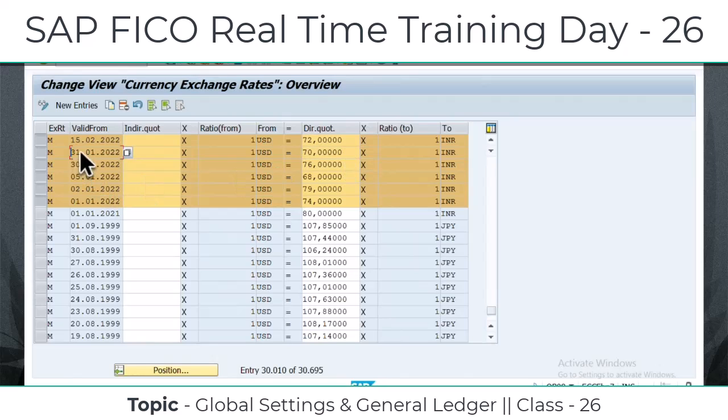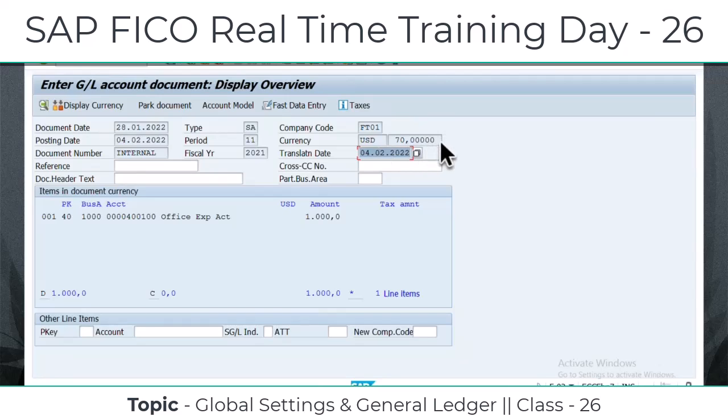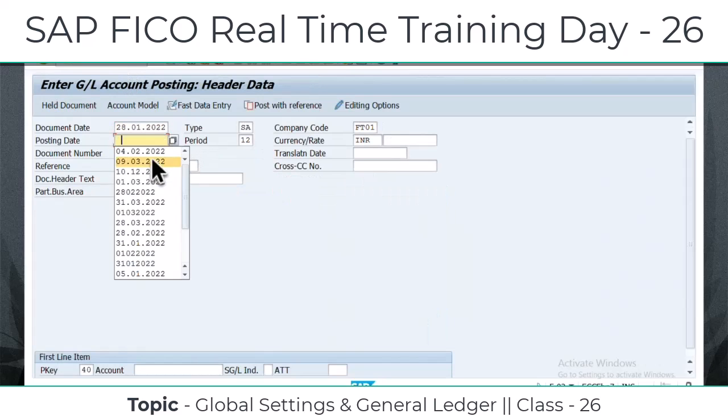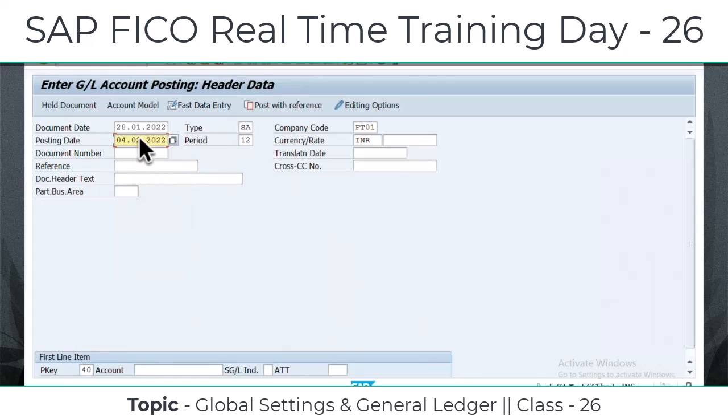For example, from 31st January until February 15th, whatever transactions we post in between, the system will convert at the value set, 70 rupees. Accordingly, it is picked up. Okay, good. Next, in case I specify the translation date manually, for example here,